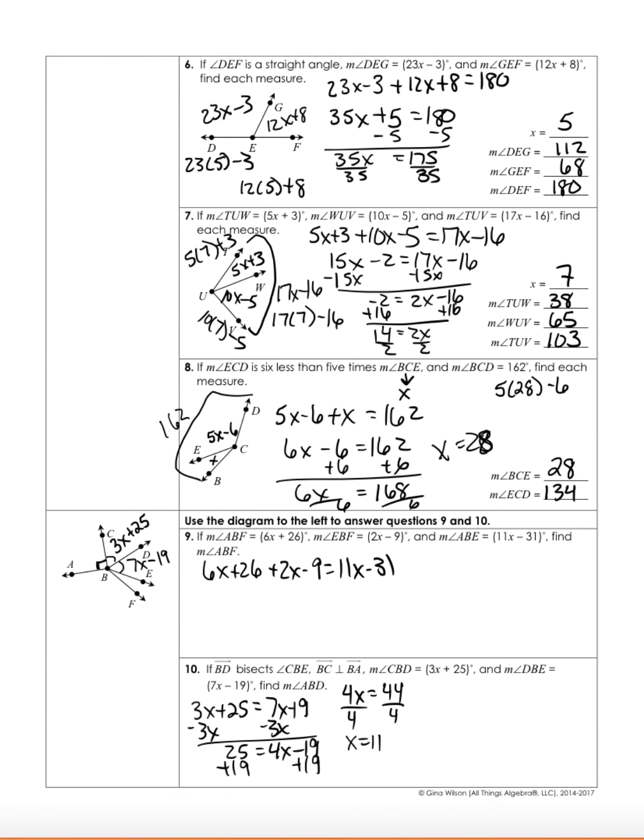So I'm trying to find ABD. So I'm going to put my x that I just found in place of that x. 3 times 4 plus 25. That's 12 plus 25, which is 37. Okay? So ABD was this 90-degree angle plus the 37 that I just found. That's what I'm going to do. 90 plus 37 equals